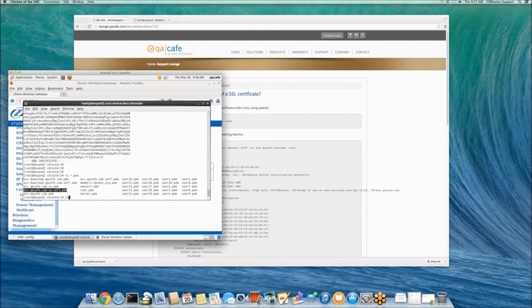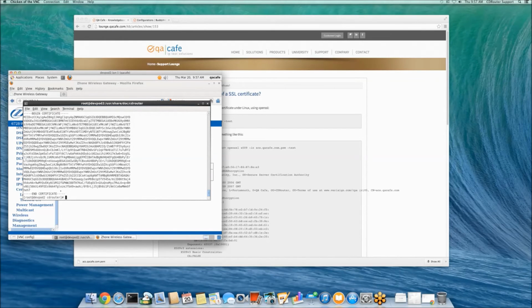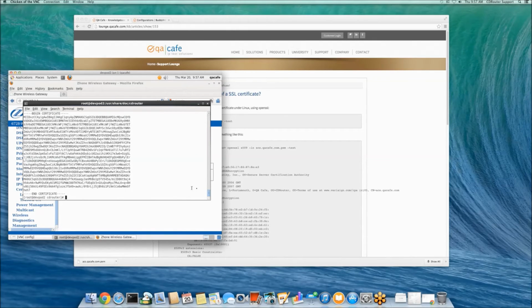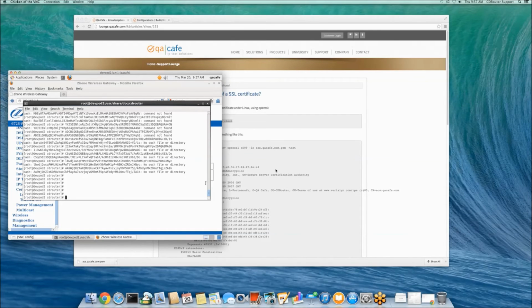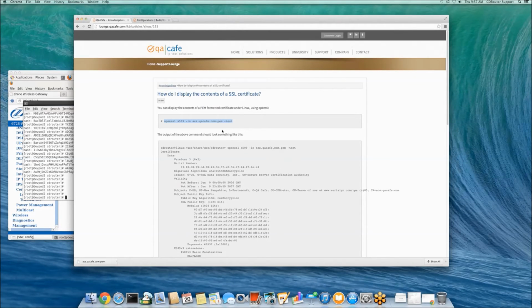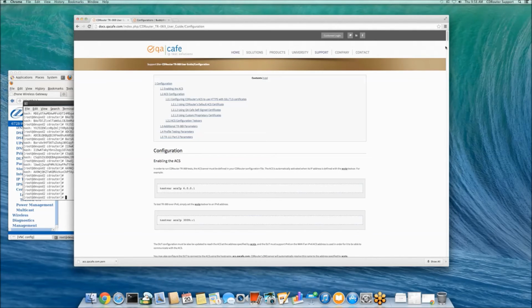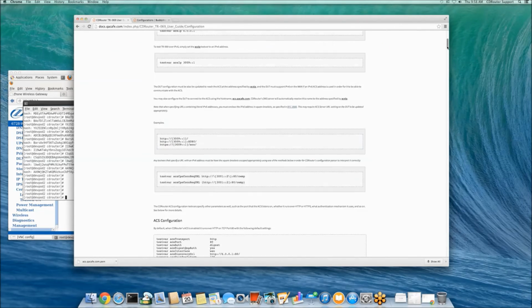So if we look at this file, this contains a certificate for our private self-signed certificate. There's more information about adding certificates, adding private certificates in the TR-069 user guide, which you can find on the Support QA Cafe customer support site under user guides. In the configuration section, we cover all of the steps that I've covered during this webinar: